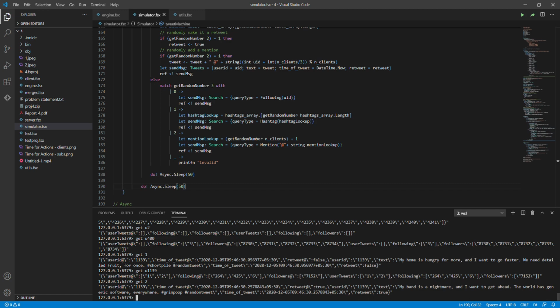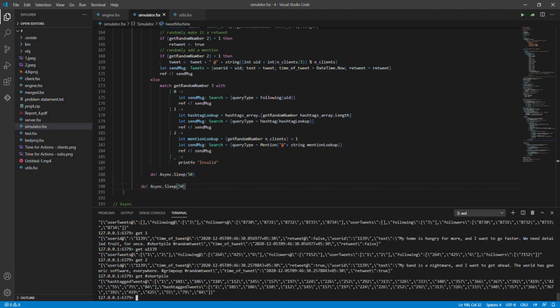And now let us see. So now we can see this tweet, and here's a hashtag short pile. So if we search by hashtag, we should be able to see the first tweet in its list. So short pile, hashtag tweets 1. Okay, so we can see the database perfectly stores the tweets, the user that made the tweet, and the hashtag, and it also does the same for mentions. So yeah, this is all of it. So we tied up the engine, simulator and the database together.